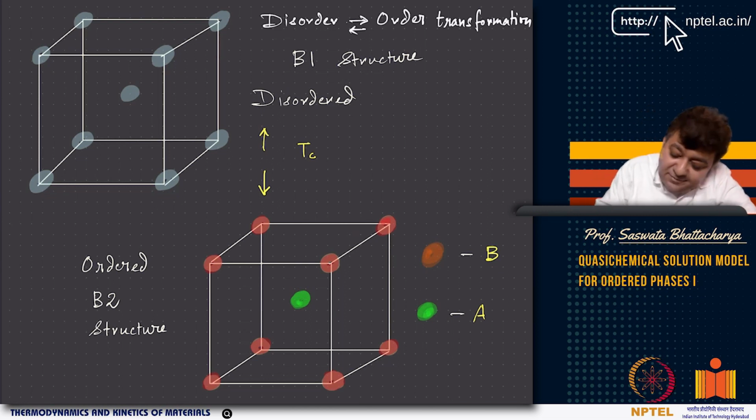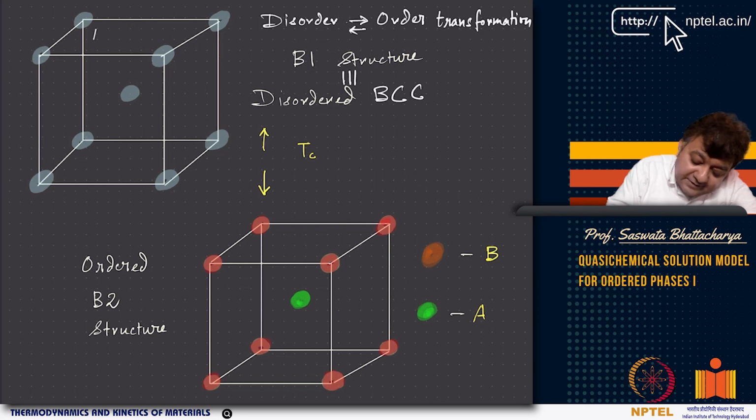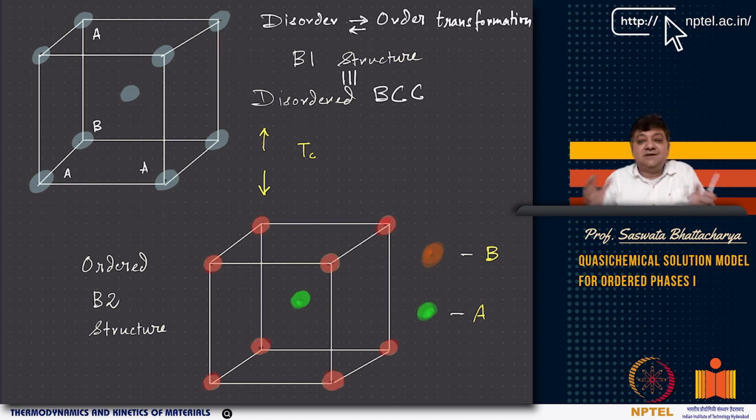So you have the B1 structure. The B1 structure is nothing but disordered BCC, right? Disordered BCC means it has both A and B, but randomly. So this can be A, this can be B, this can be A, again this can be A. Again, I have to draw many unit cells, because these unit cells are periodic in nature. They are basically infinite in extent. It's completely bulk, there is no surface, and you have translational periodicity. You cover the entire space